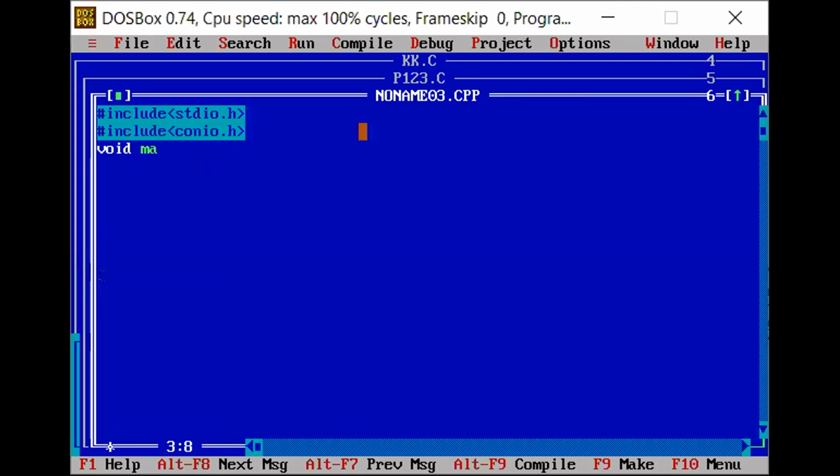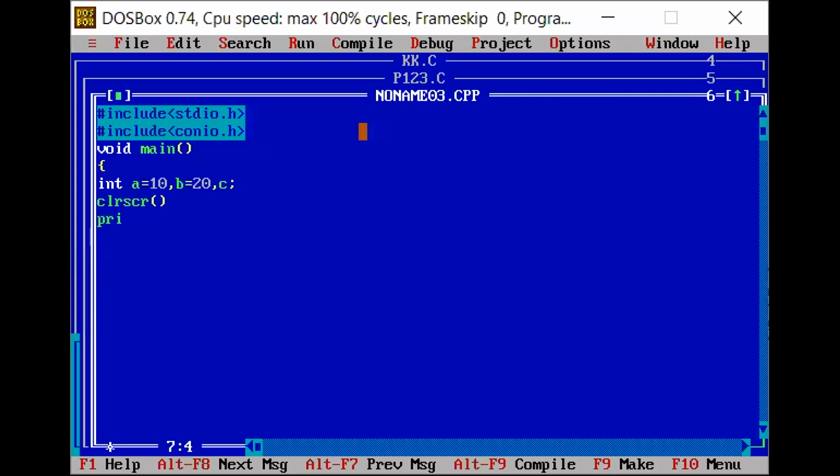Yes, void main, block started. Integer A equal to 10, comma B equal to 20, comma C. Okay. I will use CLR. Initially, I will print the AB values.